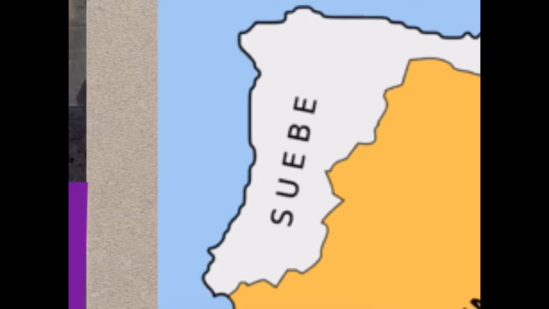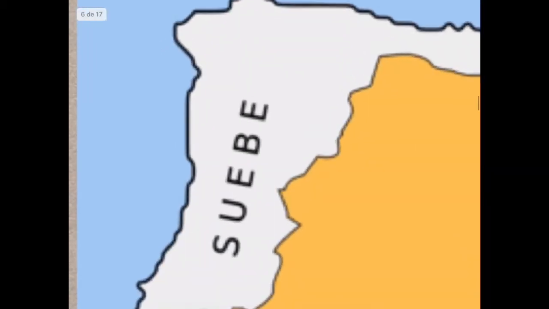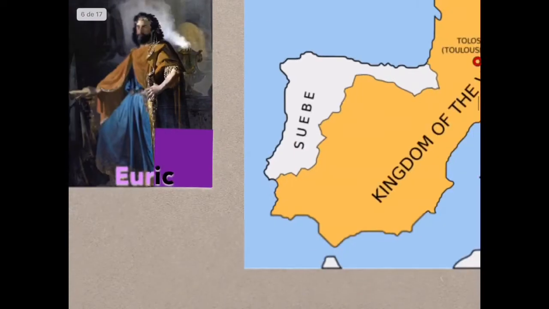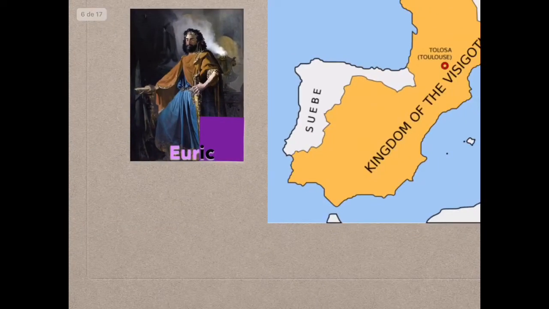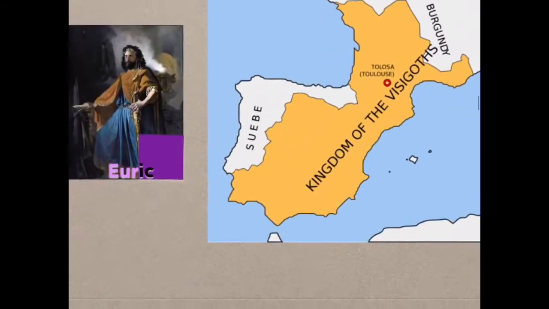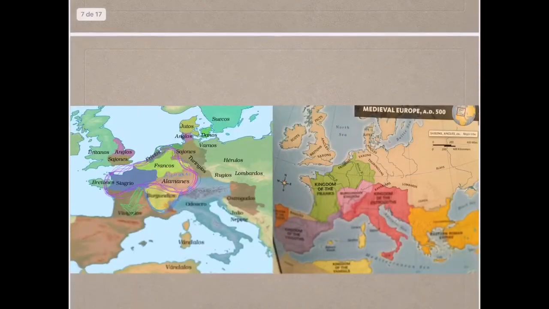Actually, by the 6th century, which is the century that we're going to study today, the Visigoths were able to conquer the Suevians over here. But by this time, Euric only had this part of France and this part of Spain. So as you can see here,